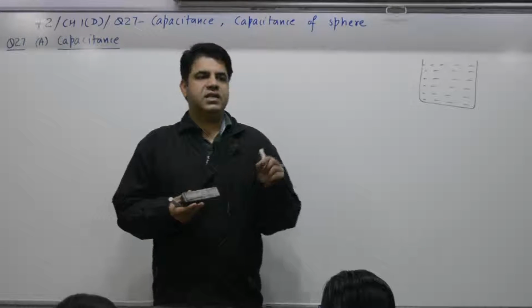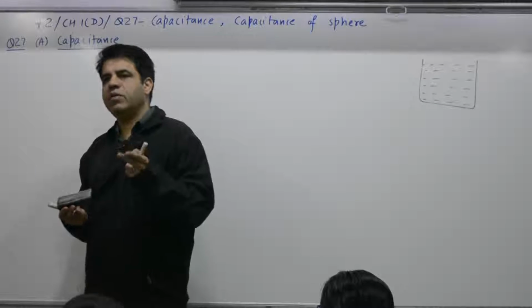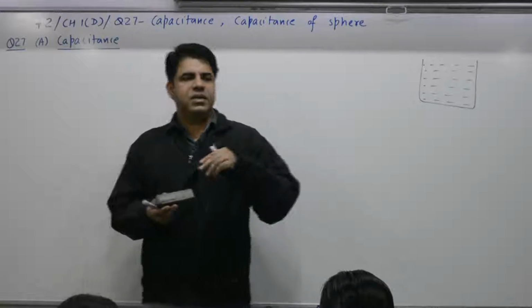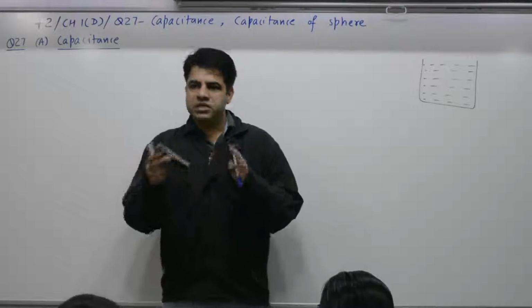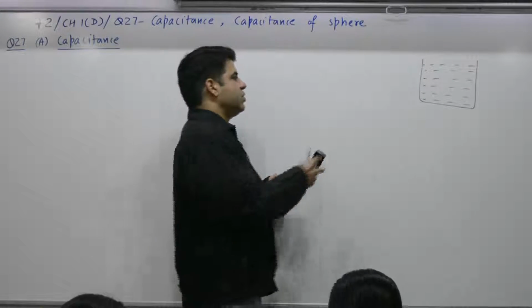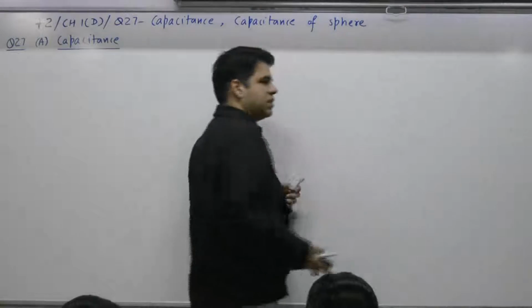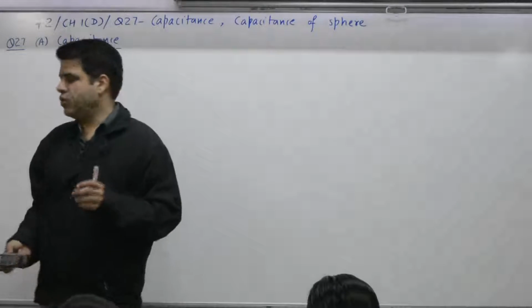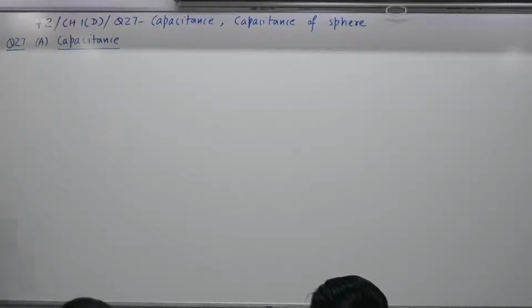At present, that is a battery. A battery uses electricity first in the form of chemical energy, and that chemical energy is changed to electrical. If by some method you can store electricity, we can at present also store it, but that value comes out to be very small. During the chapter, in different numericals, you will see